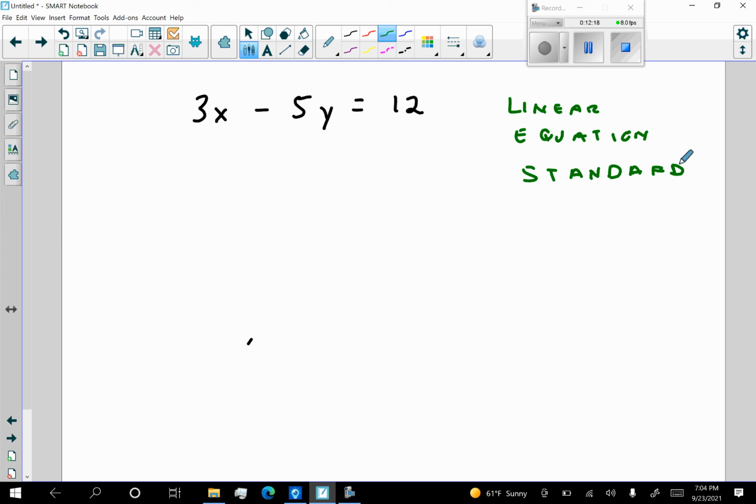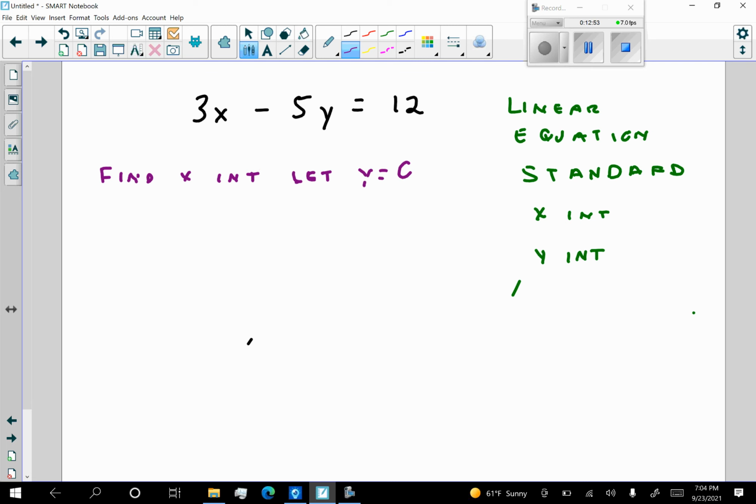So what I want to do is find the x and y intercept. I want to find the x-intercept, and I'm going to find the y-intercept. I'm going to plot those points, connect those points with a line to give me the graph of this linear equation. So let's find the x-intercept first. I'm going to write out what I'm going to do. I'm going to find the x-intercept. And how I'm going to find that, I'm going to let